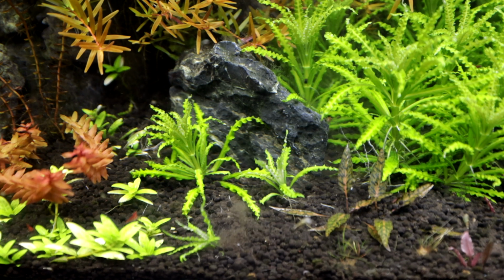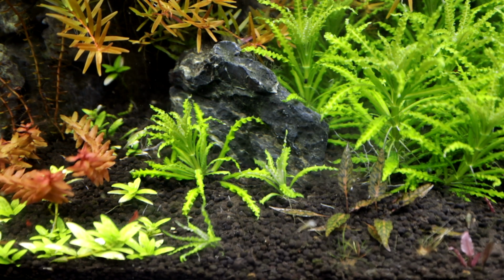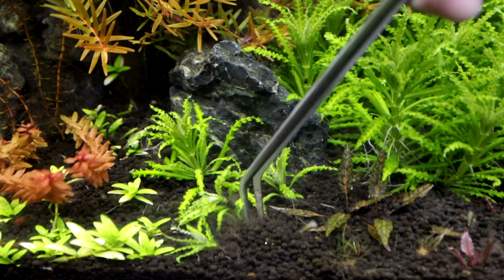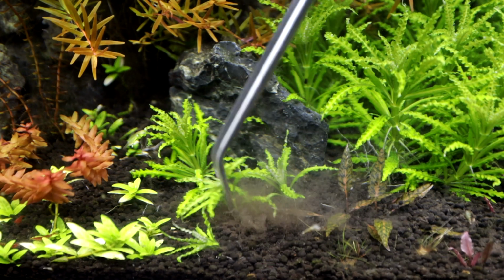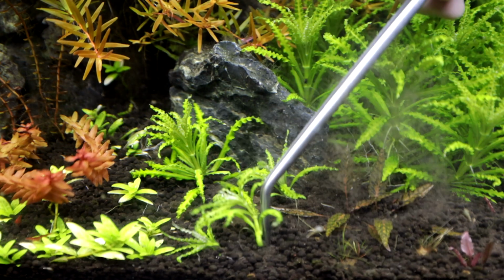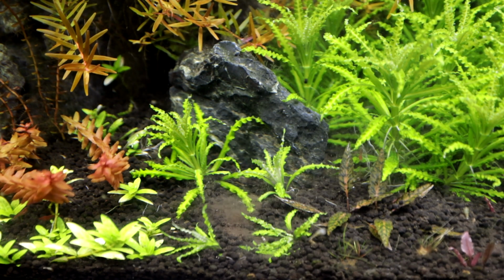Planting is as simple as utilizing some planting tongs, which I feel are pretty essential for this. I wouldn't recommend trying to do this with your fingers, but it's as simple as just planting each stem down into the substrate so that they have enough space to grow. Typically I leave about 2 centimeters in between when I'm planting, just so that they're kind of tightly together, and